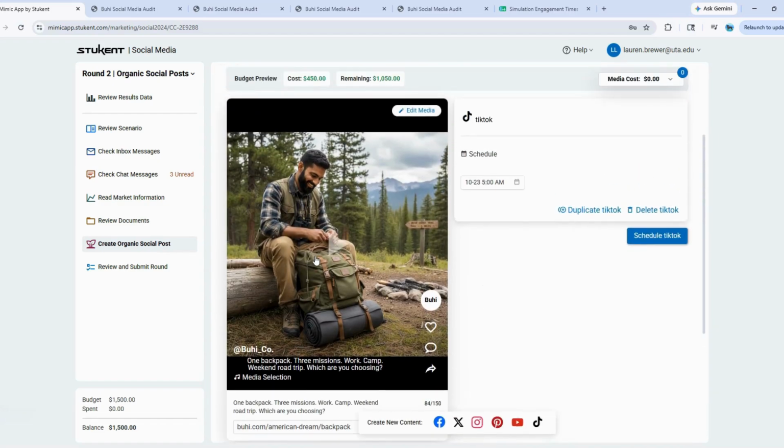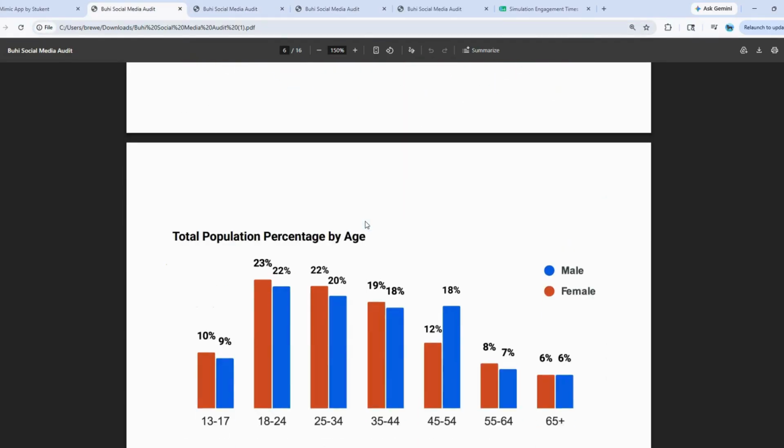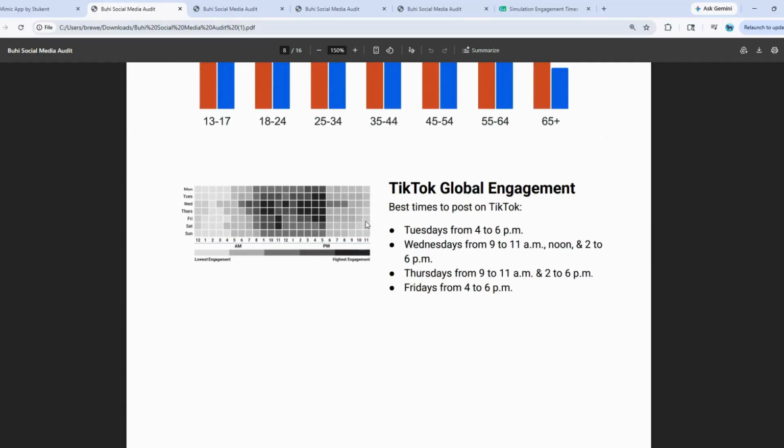Okay, now we need to select our schedule. So let's look at TikTok. And let's see what are our best engagement times. So here it tells us the best times to post on TikTok: Tuesdays 4 to 6, Wednesdays these times, Thursdays, Fridays.